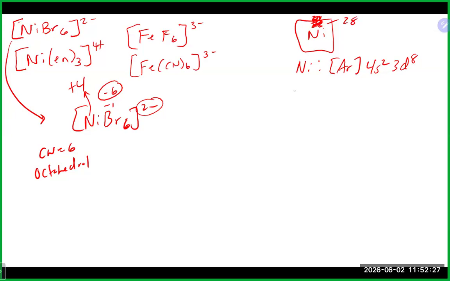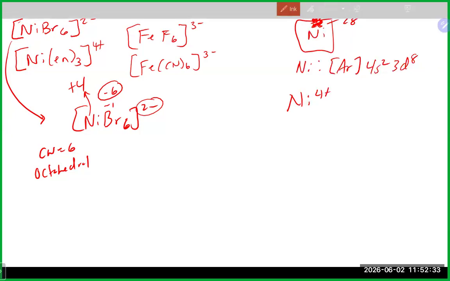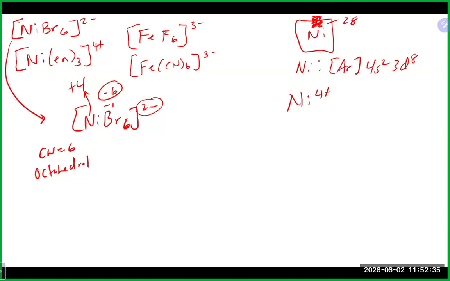Now, obviously here, nickel with a +4 charge means that it has lost 4 electrons. And as we talked about earlier, as a reminder, when transition metals lose electrons, they are going to lose the s's first, which means we're going to lose 2 electrons there. We will then pick the other 2 out of the d,